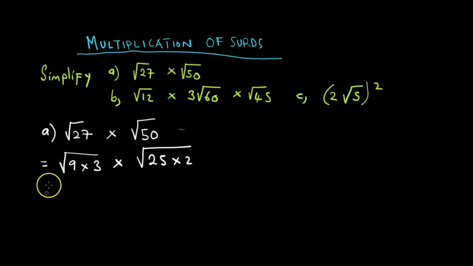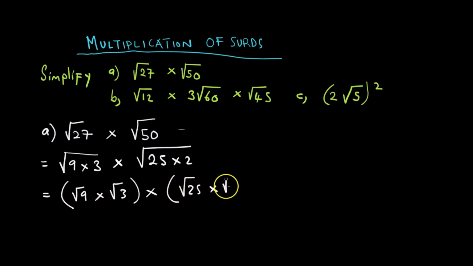Tadaro manje takuya panapa tinogona edu kuisa brackets. No, let us not do that. But tinogona kuzviita to solve iyi takaisa brackets kuitira kuti separate in this one. Saka panapa we now have the square root of 9 multiplying the square root of 3 times the square root of 25 multiplying the square root of 2. Tachoose 25 times 2. Pamusana pekuti 25 is a perfect square. The square root of 25 is 5. That's why it's now choose 10 times 5 and 50 times 1.